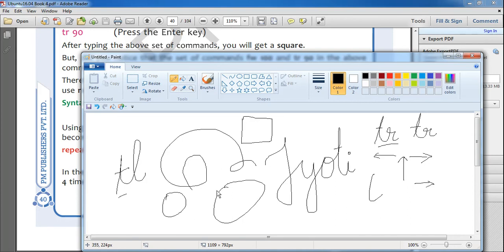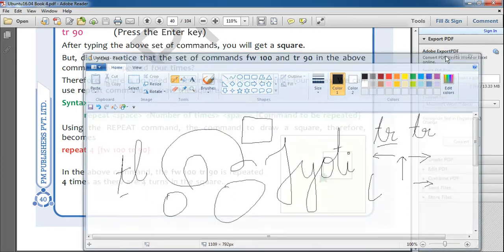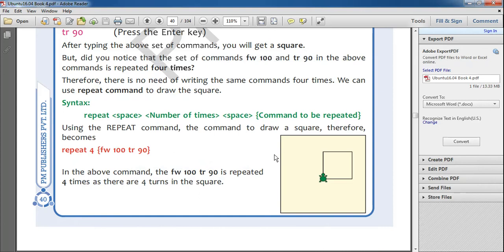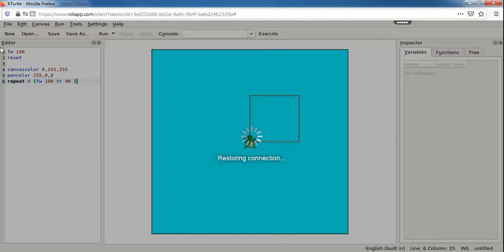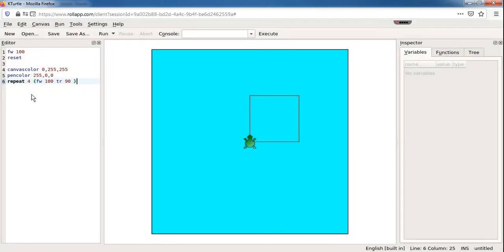Okay, so here I am going to introduce you to the turtle window. When you open the KTurtle, how will it look? This is a KTurtle screen. Here I have drawn something for you, and I will teach you how to draw it and what is the meaning of everything. So here, see, there are three parts. One is the editor part. What do you mean by the editor part? Everything that you want to convey, if you have to write any command, then you are going to write in the editor pane.